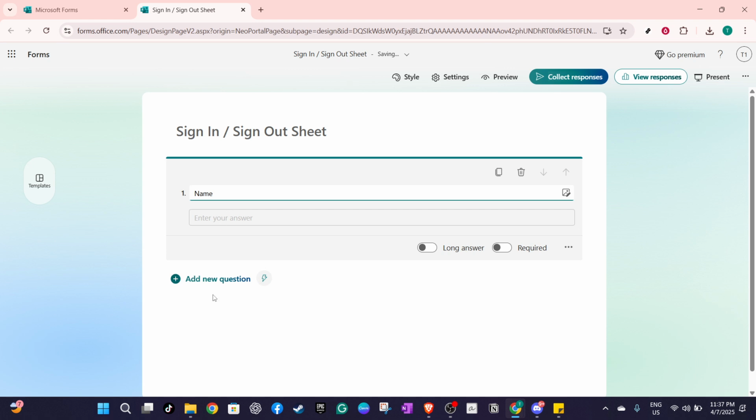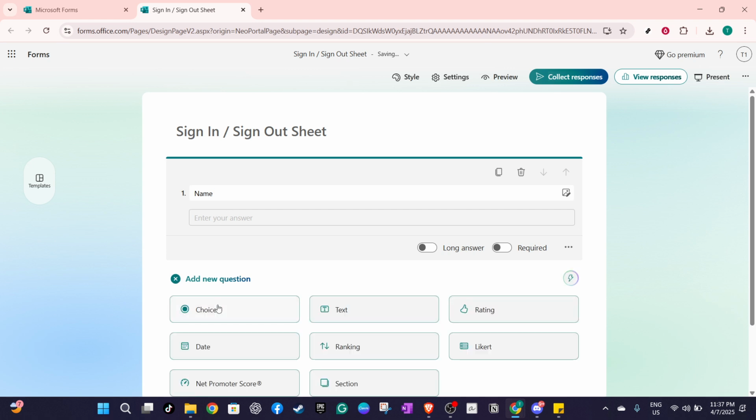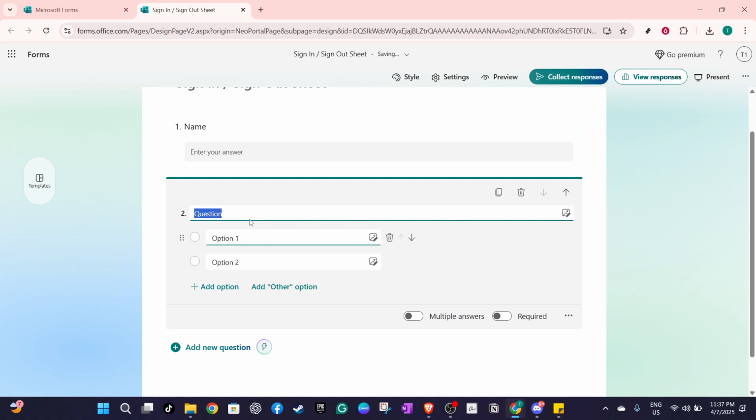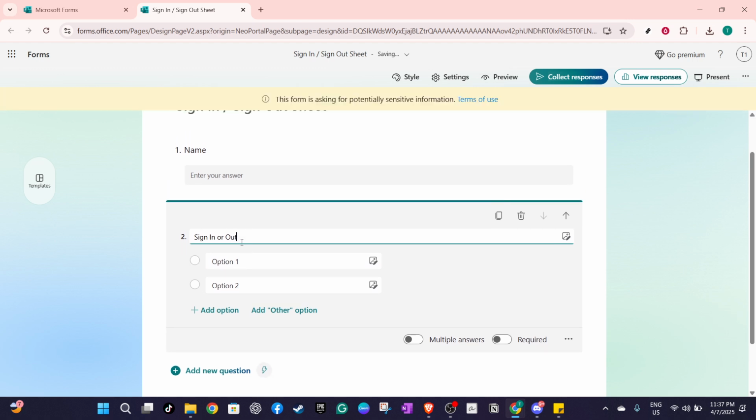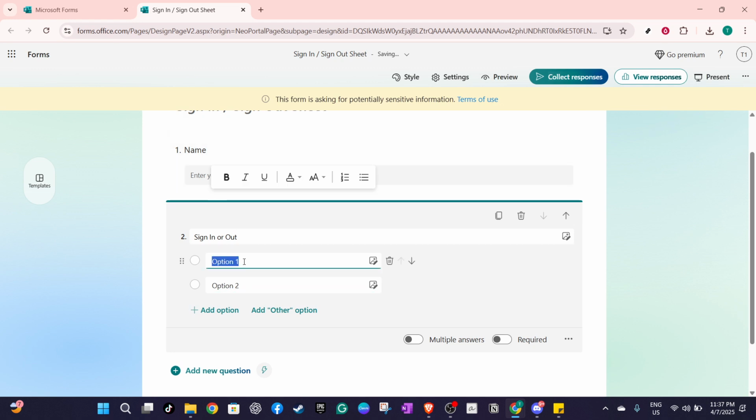If you're looking to gather text-based responses, choose the text option. This is ideal for collecting names, comments, or any other open-ended information you might need. But if you're focused on log-type data, such as a simple sign-in or sign-out option, then the choice question type will be your go-to. It presents participants with predefined options that they can easily select, making it quick and straightforward